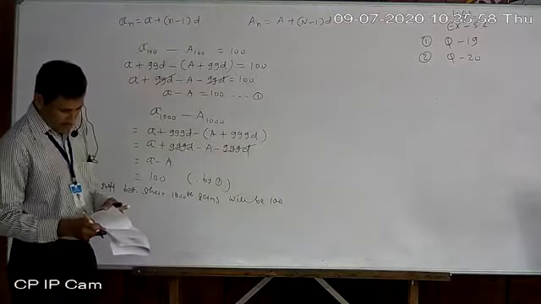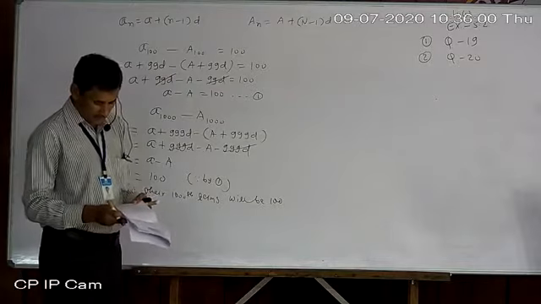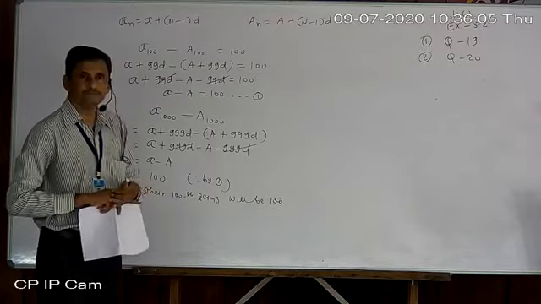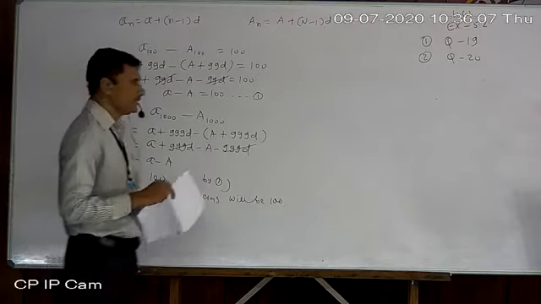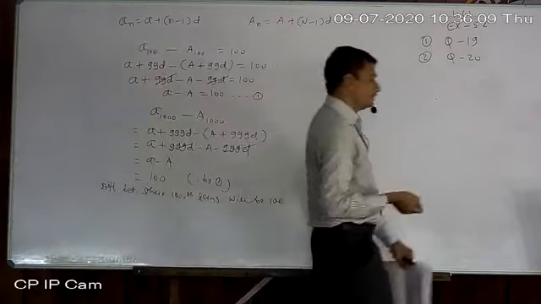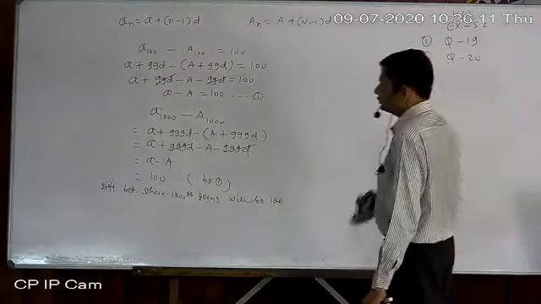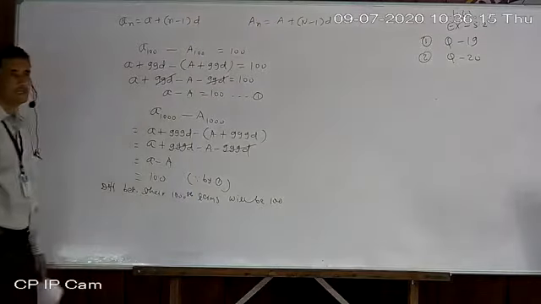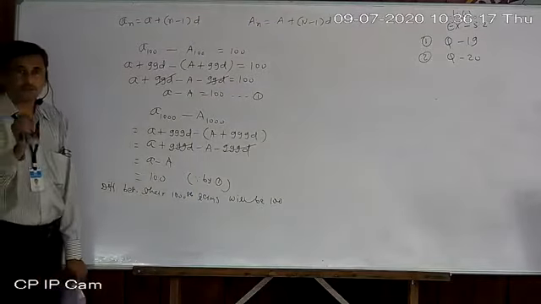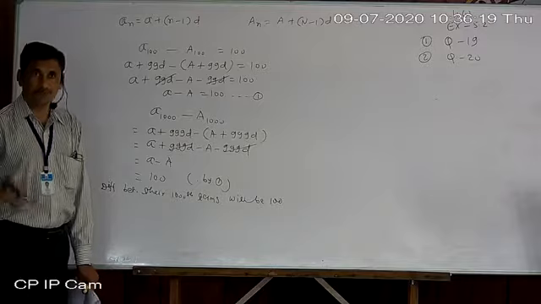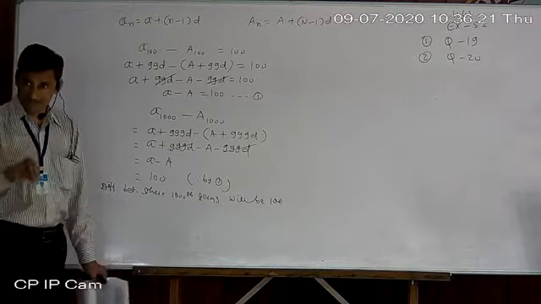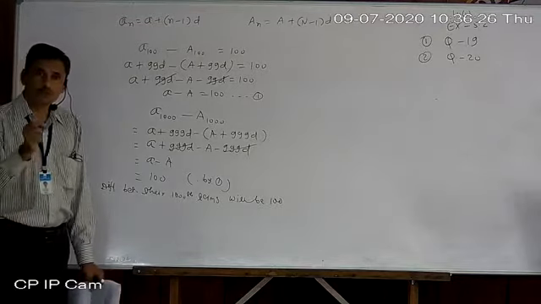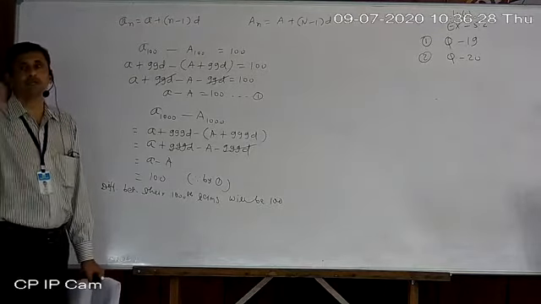For what value of n are the nth terms of two APs equal? Understand that question. Two different APs are there, but their particular term is equal. Suppose both 5th terms are equal, or both 10th, 17th or 57th terms are equal, we don't know right now, but both will be equal at a particular term only.